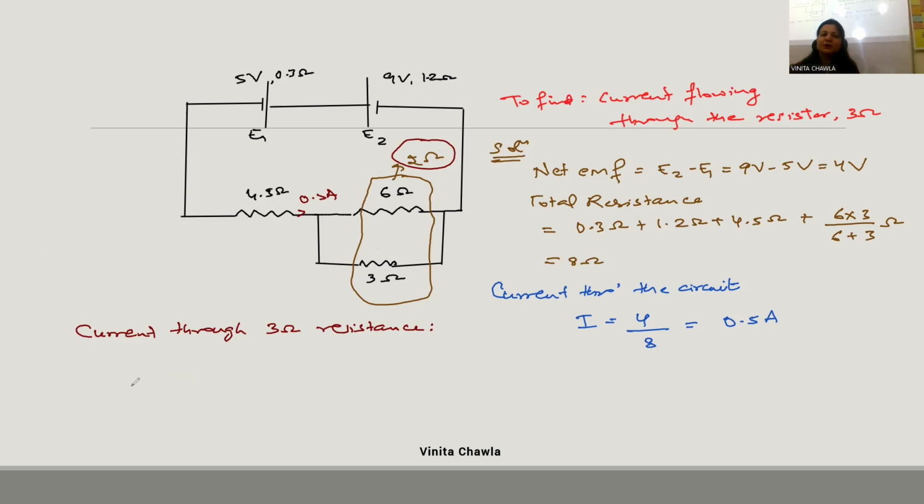जैसे आपका जो करंट है, अगर हम इस कॉम्बिनेशन को 6 और 3 को 2 ओम ले लेते हैं ना, तो ये 2 ओम में से जो करंट जा रहा है वो आपका 0.5 एम्पियर जा रहा है, तो इसका क्रॉस पोटेंशियल क्या होगा? V इज इक्वल टू आई आर होता है, तो 2 इंटू 0.5 इट्स 1 वोल्ट। तो 1 वोल्ट इसका भी पोटेंशियल हो गया और 1 वोल्ट इसका भी पोटेंशियल हो गया।